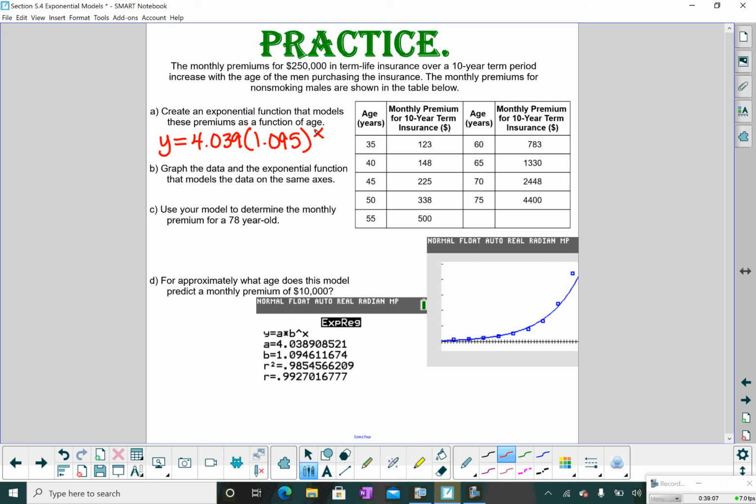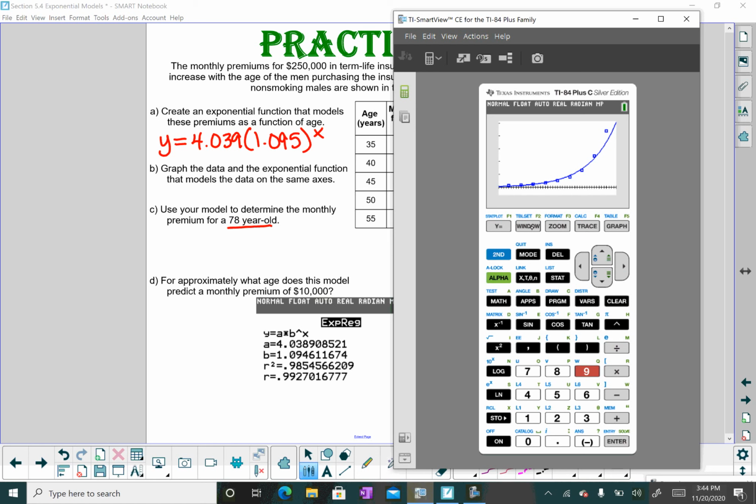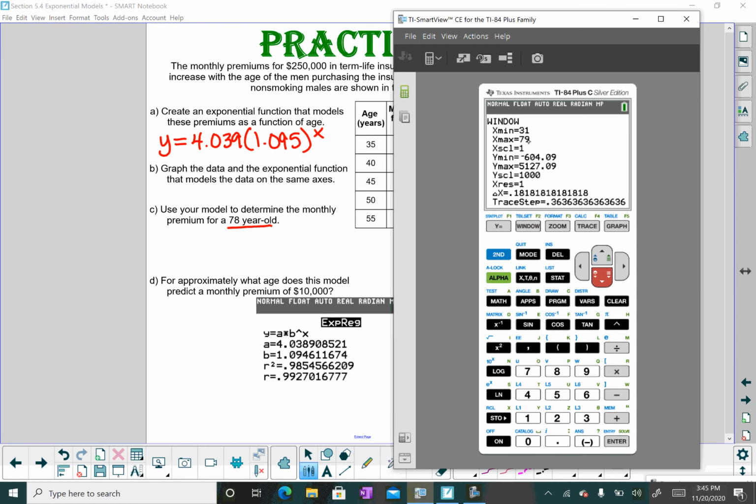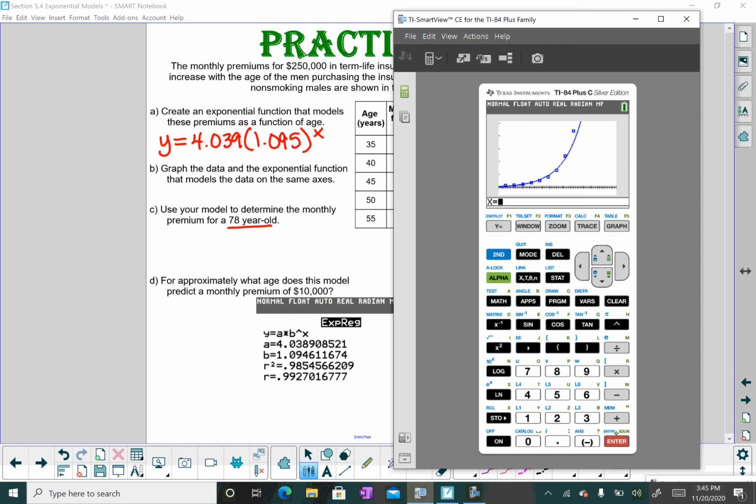Part C says use your model to determine the premium for a 78-year-old. 78 years old is outside of our data range here, so this is extrapolation. If that is the case, please remember, hopefully you remembered, to change your window a little bit. Okay, and actually this window is set at 79, so you might have been okay if you had forgotten this part. I'm going to set it to like 100, just so I have a bigger set of data for maybe later in part D. Okay. Hit graph, and you're going to see I have a little bit further to the right now I can do some estimations with. I want to calculate 78-year-old, so I'm going to hit second, calculate, value, and the age 78